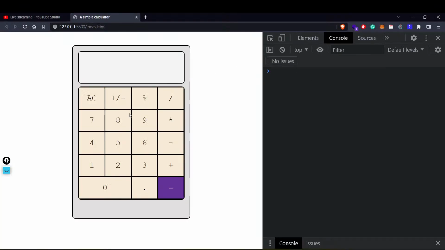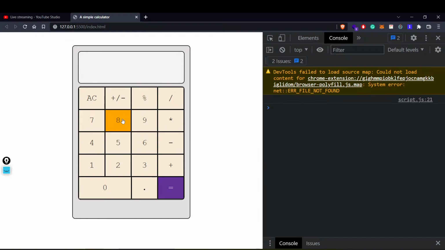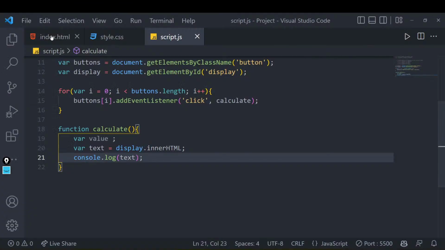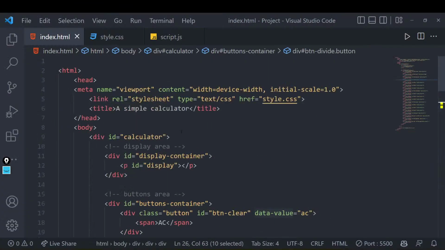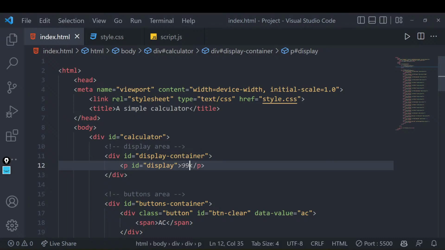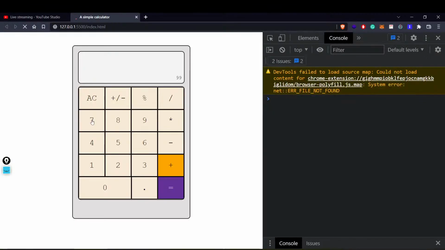at this area, if I click on any button, right, you'll see that everything that we are getting is a plain blank area, right? Why are we getting this blank thing? Because nothing is written in our page, right? Now I'll quickly go into my HTML and change this part. I'll write 99 over here, and I'll see what will happen. 99 will be hard coded, but if I click on 5, 99 will be printed, right?